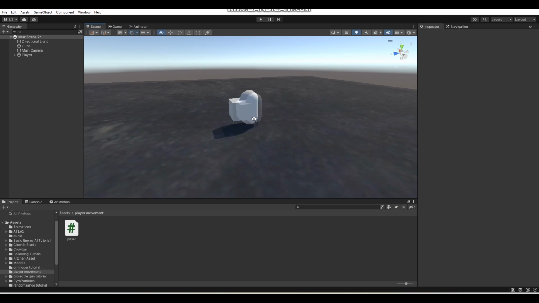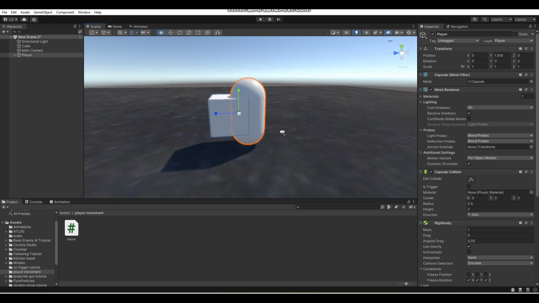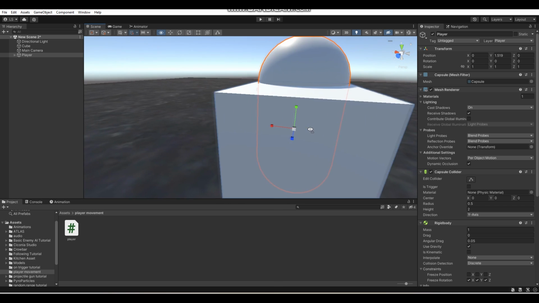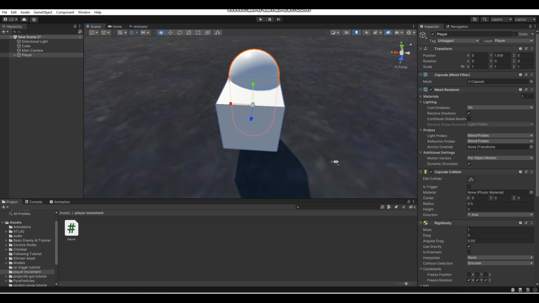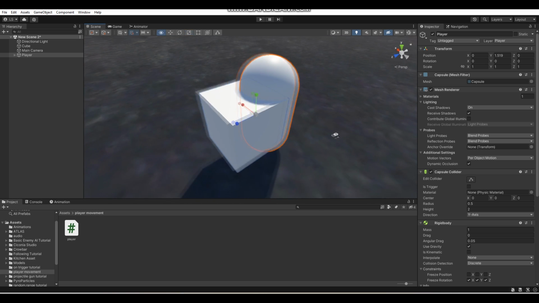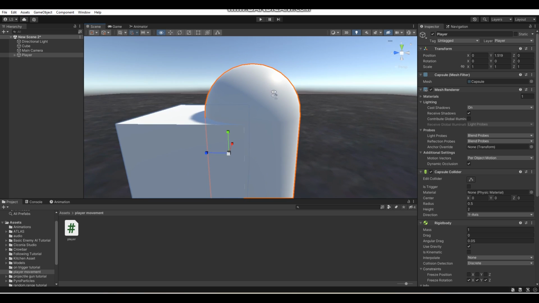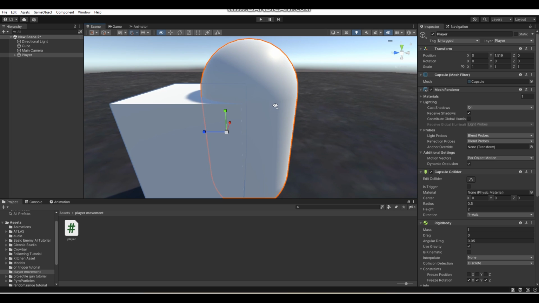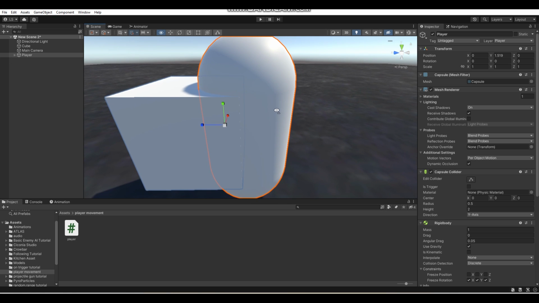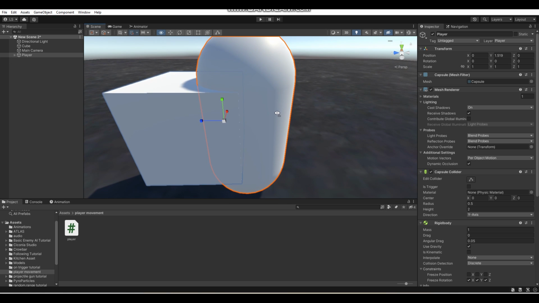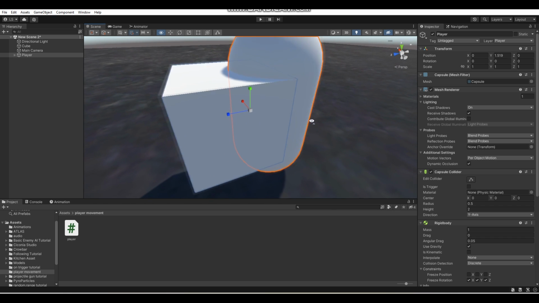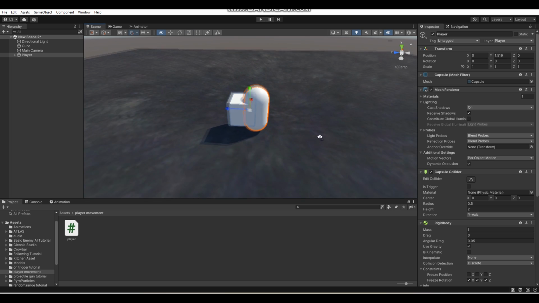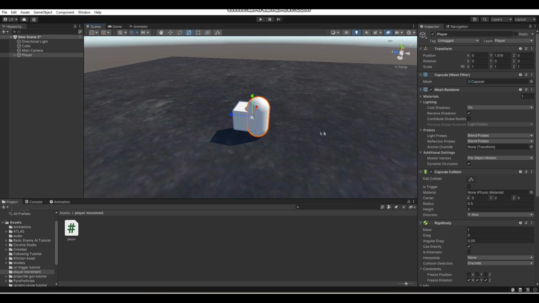Next up, what I have here of course is the player. Now my player is just a capsule with a cube attached to it, and the reason as to why there's a cube attached to my player is so then I know which direction it's facing. So if you're using a custom model for your player, that's totally fine. I won't be teaching how to do animations in this tutorial, this will just be for the scripting side of things, but I may do a tutorial in the future where I teach how to add animations onto this or something. It's just that I more wanted to teach how to do the scripting side of third-person player